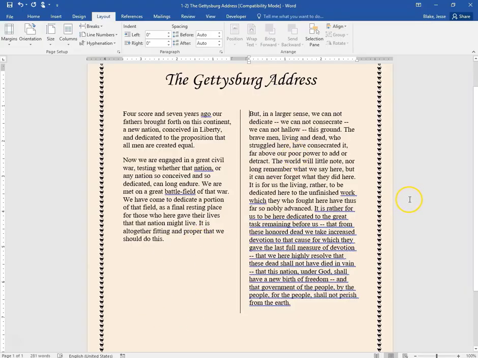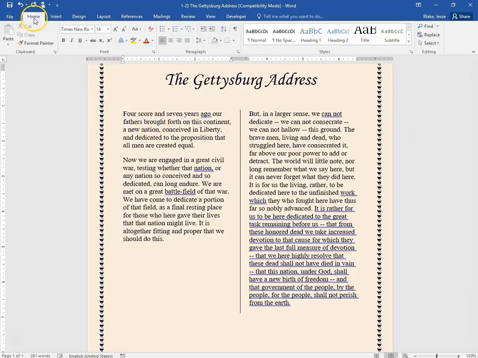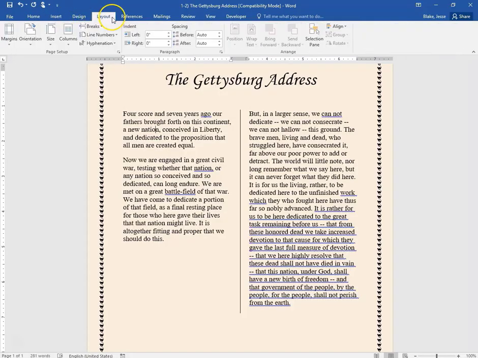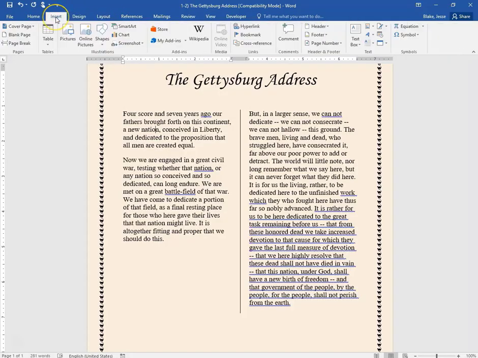So the next step is probably something you've never done before. We are going to be putting a drop cap at the first letter of each paragraph. So to do a drop cap, I first need to go to my home ribbon. Oh, sorry, my layout. No, I'm incorrect again. It is my insert ribbon. There we go. So from my insert ribbon, I need to highlight the first letter of each paragraph, and then